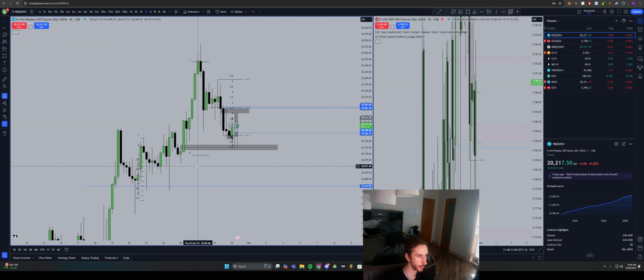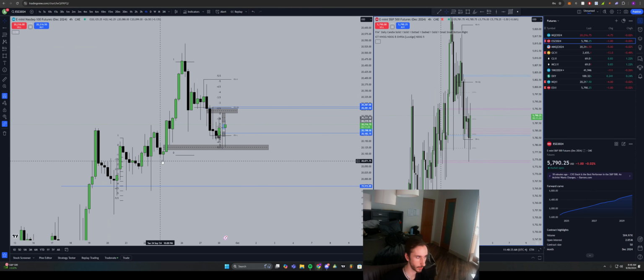Okay, so we trade into the 4 hour fair value gap right here. And then actually, if you see ES on this exact candle here, this up close candle, ES actually comes down and wicks that, creates a rejection block. So now we have an SMT rejection block, aligning with the 4 hour